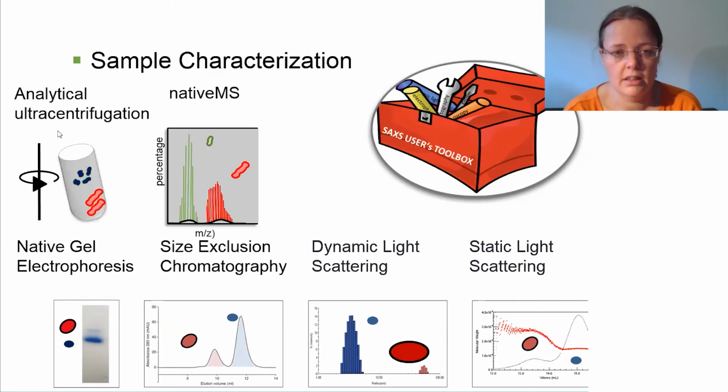And then a little bit more advanced, and not always accessible, but there are more and more laboratories that offer it as a service: you can send in your samples for analytical ultracentrifugation to see what kind of species are inside your sample. You can also do native mass spec, for example, to figure out what's actually going on inside your sample. So the bottom row is the more accessible one for normal laboratories. These other two might be a little bit more advanced. You have to look around and see what other options there are in your facility to characterize your sample.